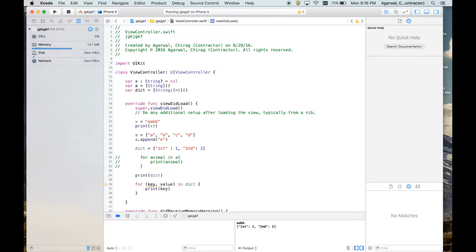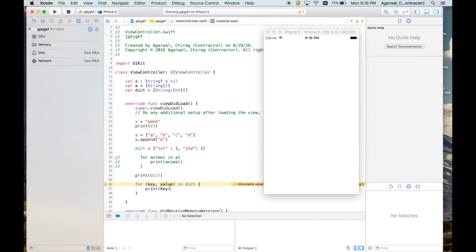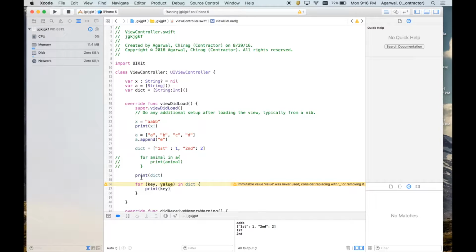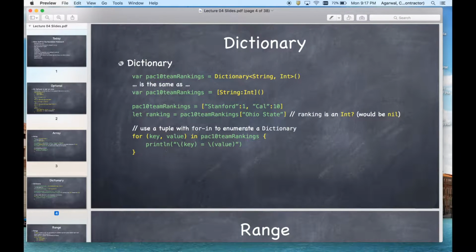So this will print only the keys for you. As you see, we print only keys. So this is known as a tuple. This tuple is actually to print both the values in a dictionary. In an array you cannot print a tuple, but in a dictionary it is possible because you have two values at one time.